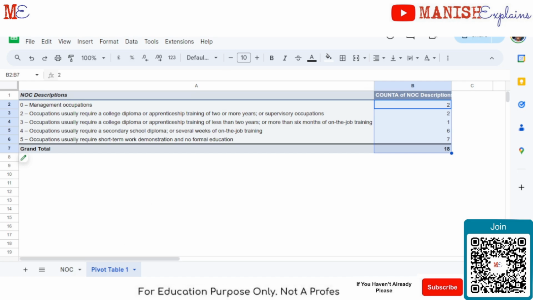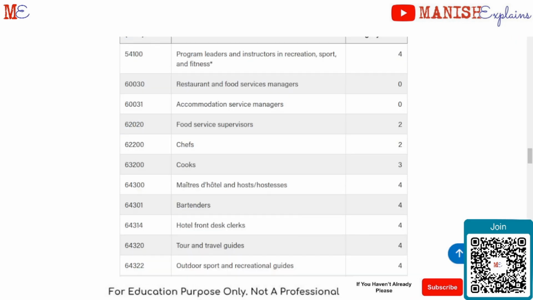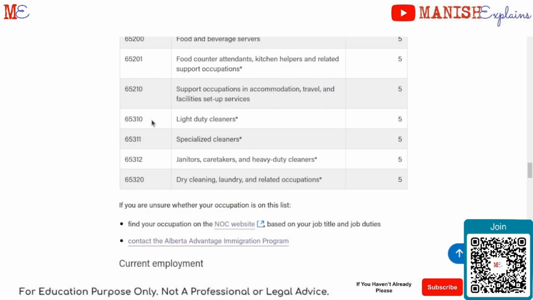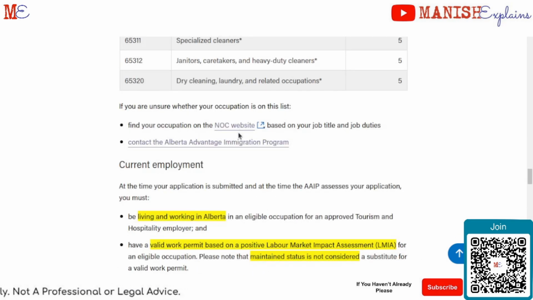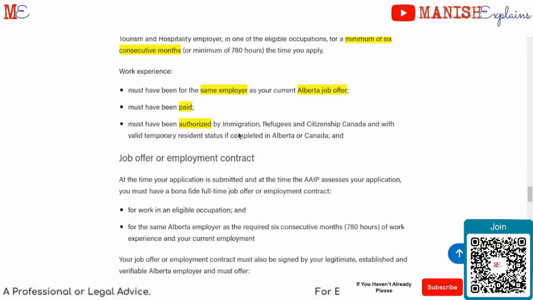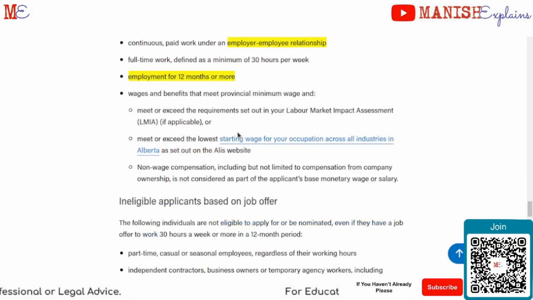How do you go about understanding NOCs and understanding what is included? Let me take a tier 5 example, say 65310. It says light duty cleaners. So here what you will have to do is basically go and check the NOC list